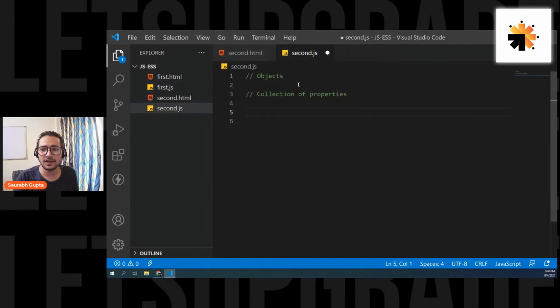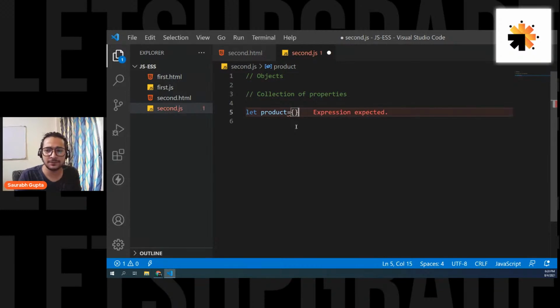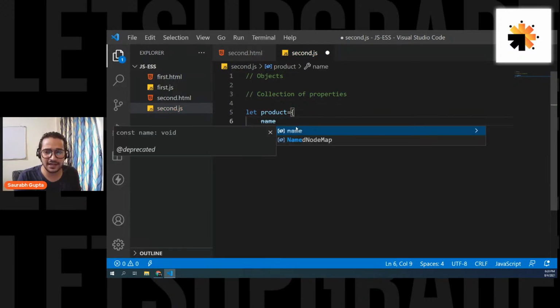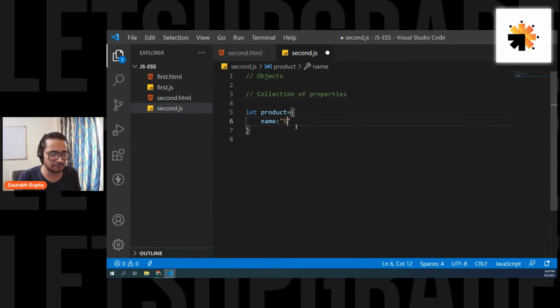Okay, that's cool. Now let's create a really simple object. Let's call it product. So product is an object. Now let me define the properties of that product. I'm going to say name, and let's say name is Samsung M51. I don't know the model, I just saw an ad.